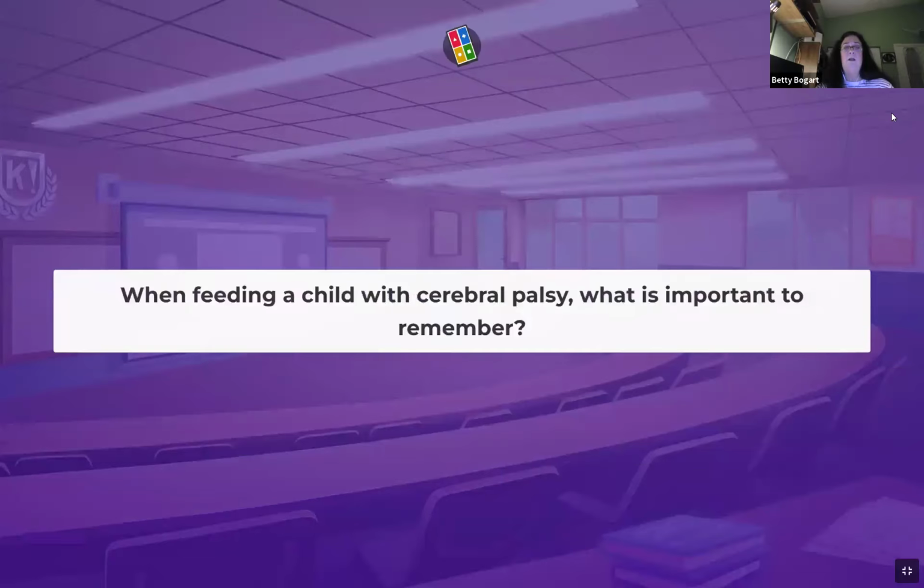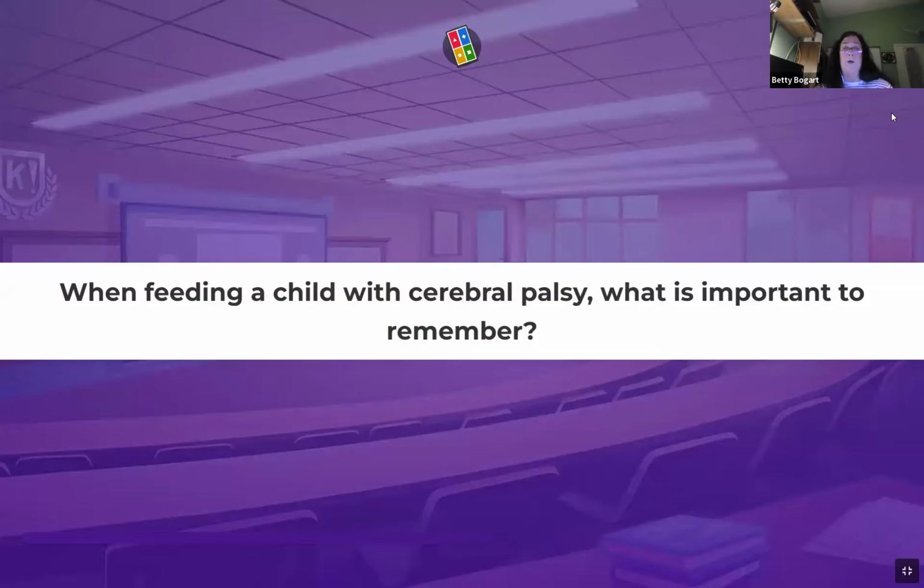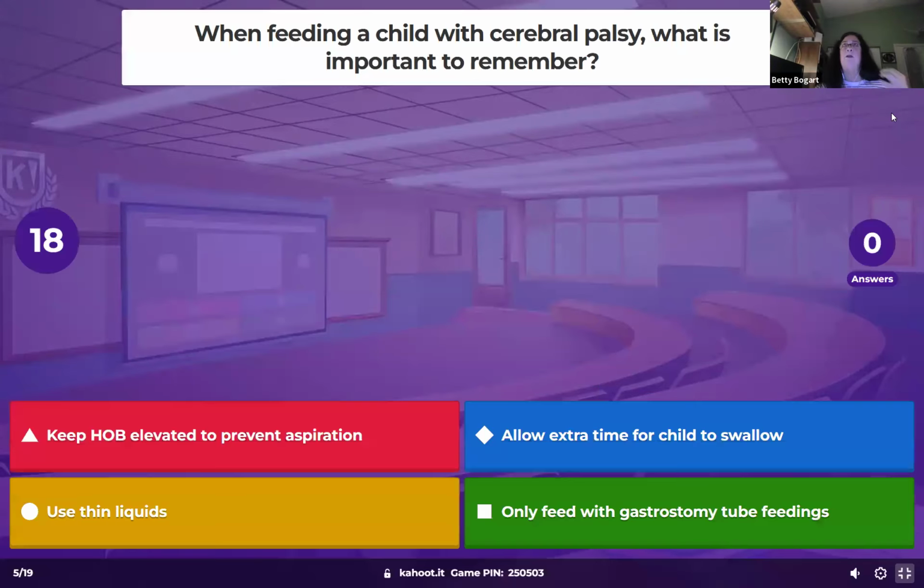When feeding a child with cerebral palsy, what's important to remember? Remember, cerebral palsy is the inability to control your muscles. You need muscles to eat and chew and to swallow, right? So, knowing that,